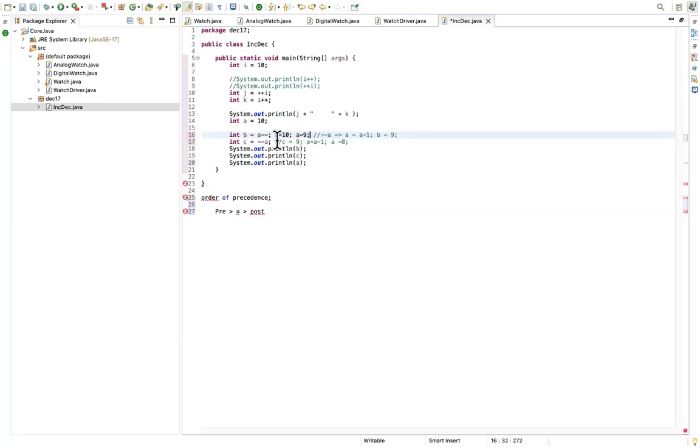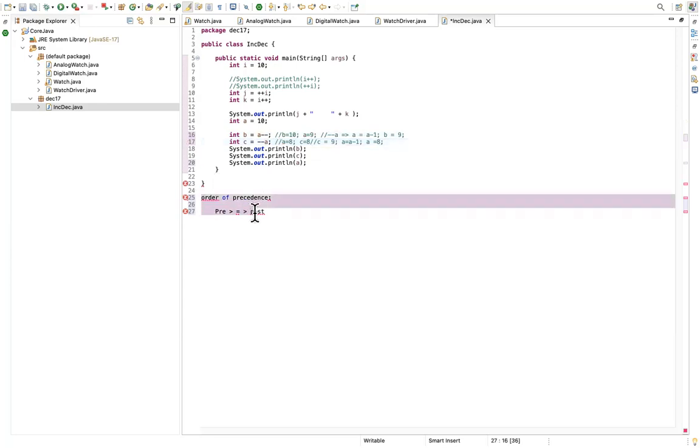When you come to line 17, you have pre-decrement, which has more order of precedence than assignment. It first decreases the value of a: a is equal to 9 minus 1, which is 8, and then it assigns the value to c. c is equal to 8. So when you print the values of b and c, b will be 10 and c will be 8. I will execute this.